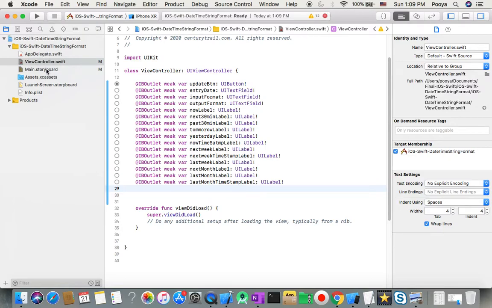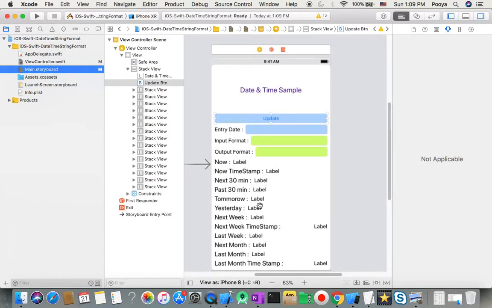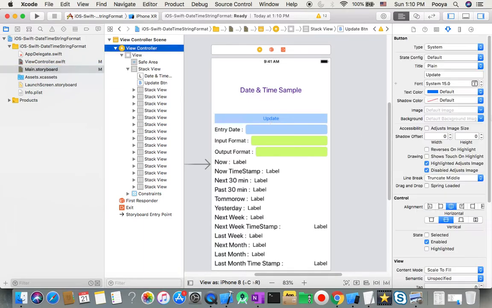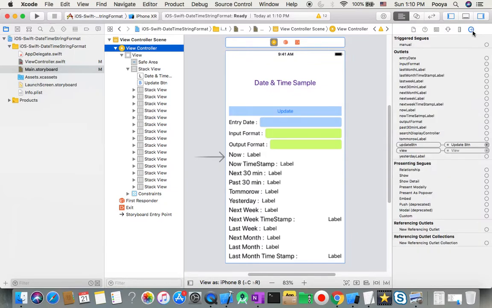So I'll go back to my storyboard. So let's see now. Now I have my next, tomorrow, yesterday. Yes. So now I click here, go to the Inspector tab, and then I have all of them ready to connect. So I don't need to push Control and hold this time. I just drag from entry date to this, input format to this,